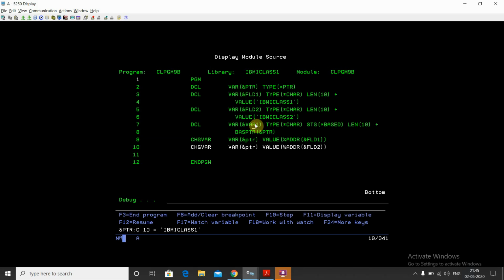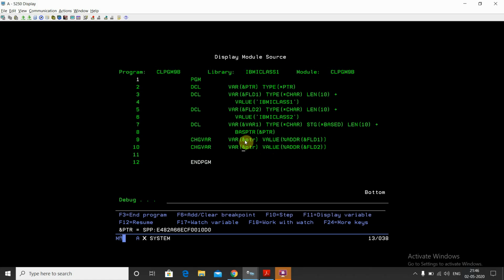Now after this line gets executed, var1 should have the IBMI class 1 value. Let's see. Var1 is having the value IBMI class 1, because var1's storage is based, with a basing pointer variable. It is based on this pointer PTR, and this pointer has the address of field 1. So var1 indirectly has the value IBMI class 1. After execution of the next line, this pointer now has the address of field 2.